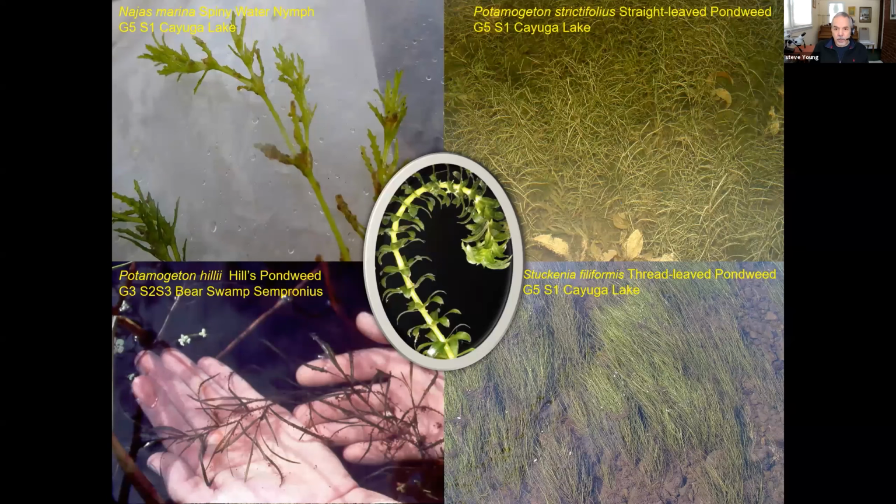In Cayuga Lake and other water bodies, we do have a lot of rare aquatic species. So here's 4 of them. In the upper left is the spiny water nymph in Cayuga Lake. On the upper right, a couple of pondweeds, thread-leaved pondweed and straight-leaved pondweed. They're both S1s, critically imperiled, occurring in Cayuga Lake, I think mainly on the east side of Cayuga Lake. And then in the lower left, Potamogeton hillii, which is in Bear Swamp in Sempronius. And Hill's pondweed, that's globally rare